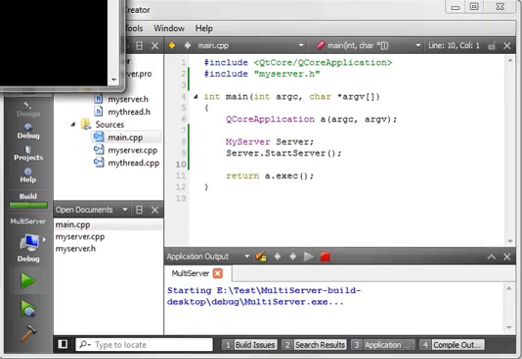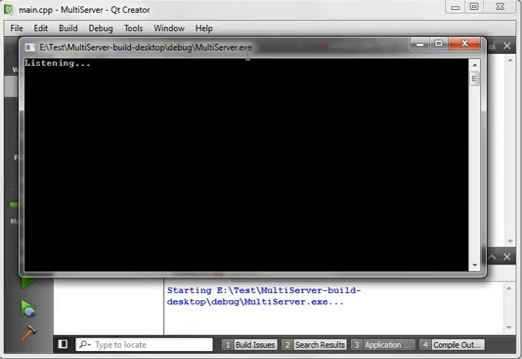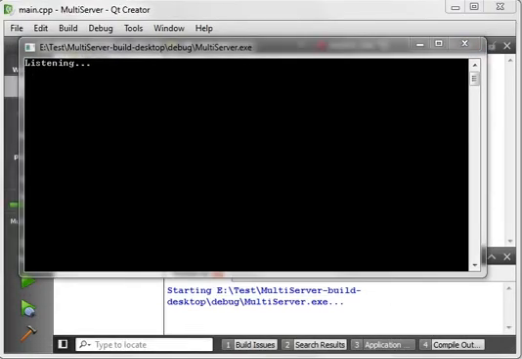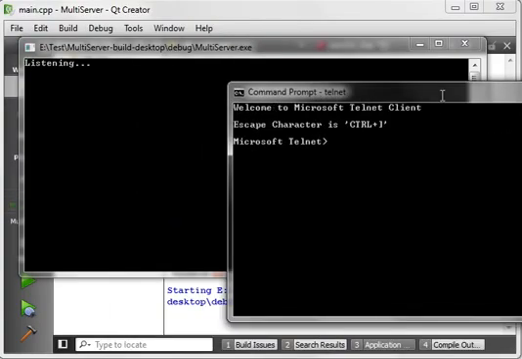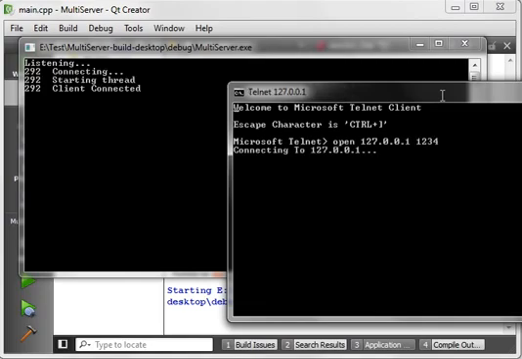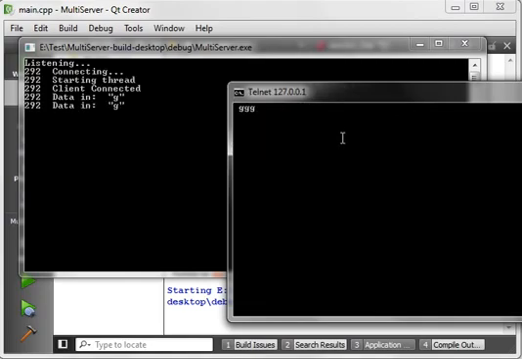I know I've been kind of whipping through this and made a few mistakes. There's listening. And let me go ahead and open a command prompt here and do telnet open 127.0.0.1 1234, and you can see how we have a connection. And when we type data, you can see that it's echoing the data back. I press the M key once and we get 2 M's. That's because this has a local echo, so we're seeing what we typed and what we got back from the